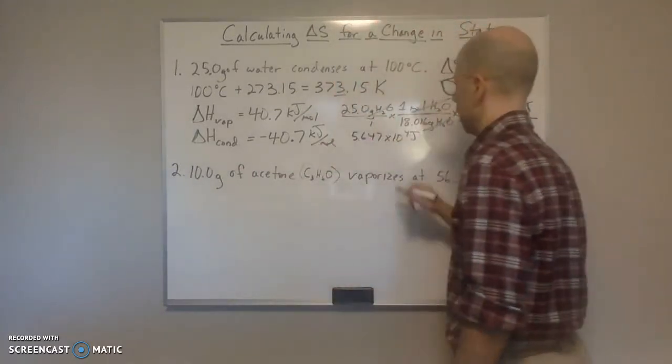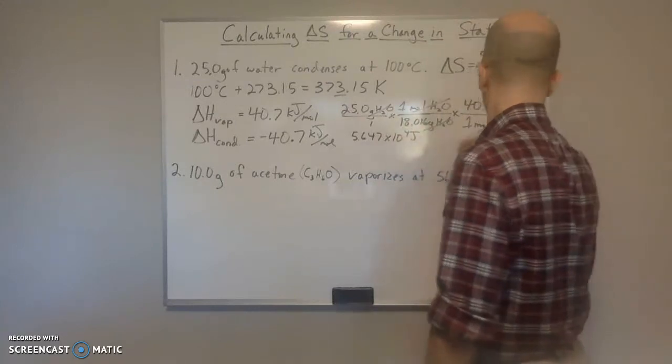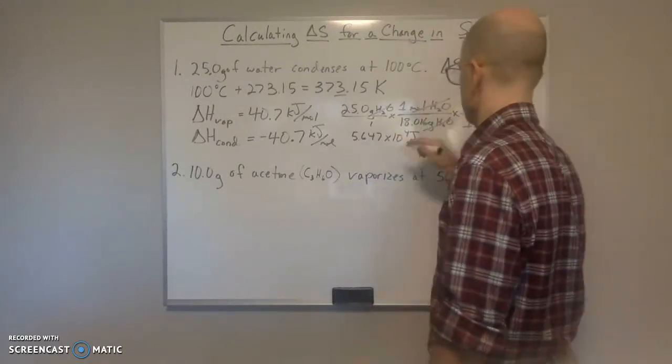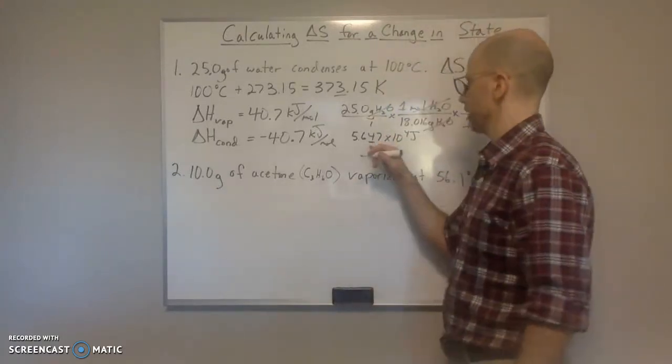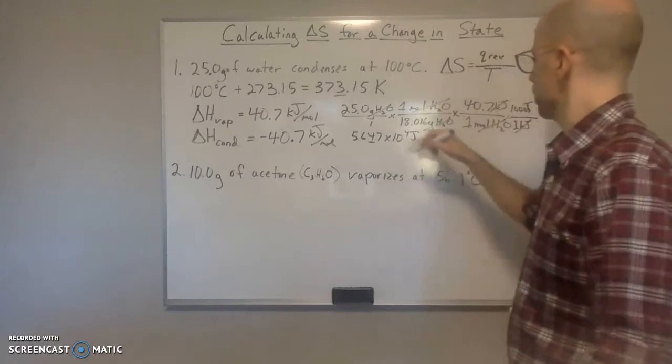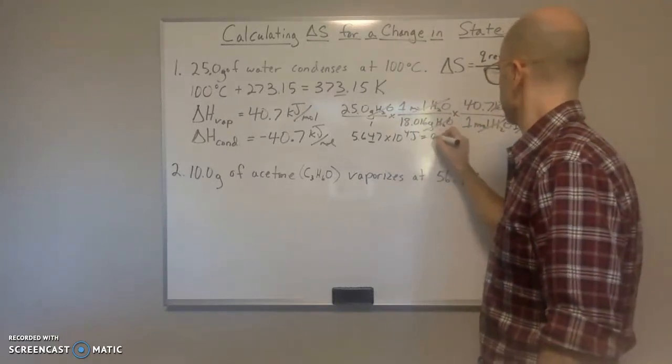Okay, sig figs. We have 3 sig figs, 5 here, 3 here, so we should only have 3 there. Now that we have joules, this is our heat, this is our Q